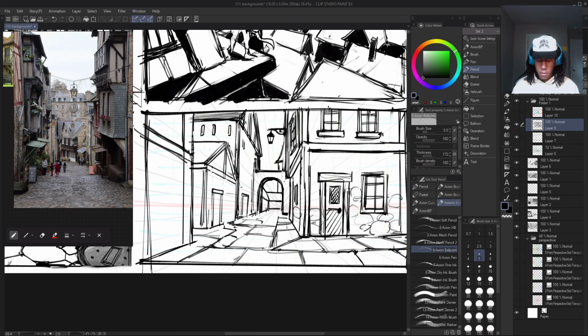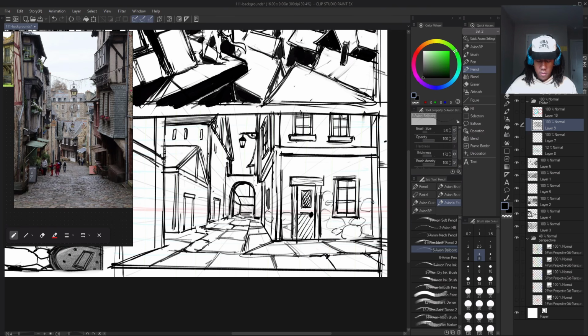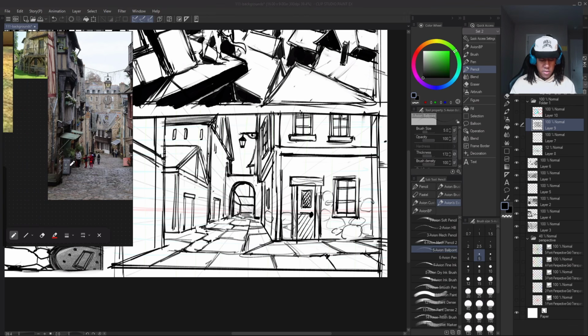stuff you can include in your own backgrounds and environments, because the world we live in is kind of messy too, especially depending on the kind of world you want to draw. For me, it's medieval fantasy, so I want to get that kind of vibe from what I draw. It's like barrels, street lamps, street posts, lanterns, and stuff like that. Banners, signs, like this sign, for example. I can use, maybe there's a street sign somewhere. Maybe right here. Maybe it says something on it. I don't know what it says right now, but